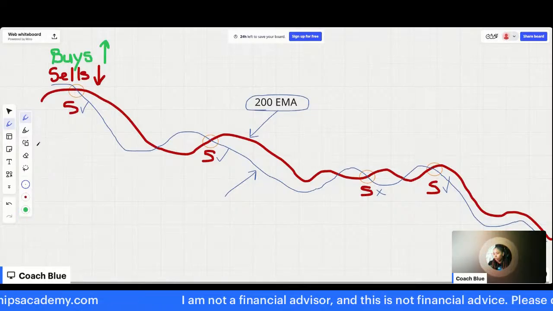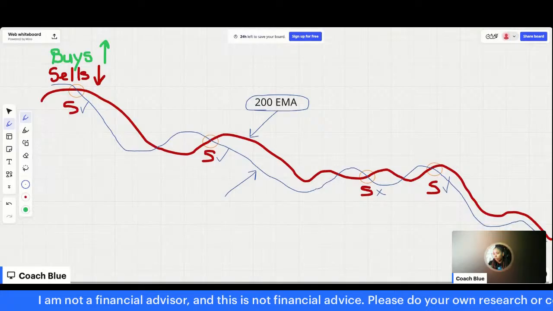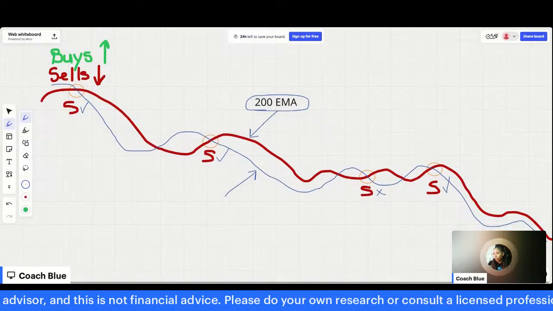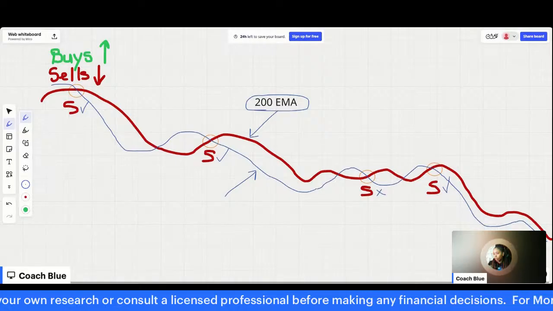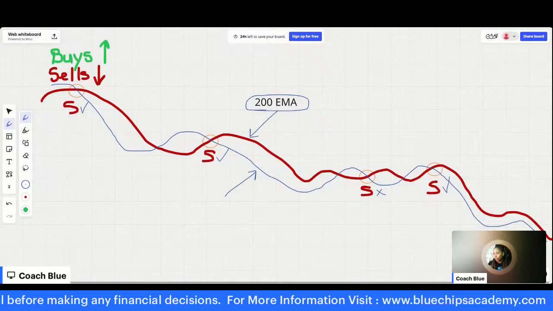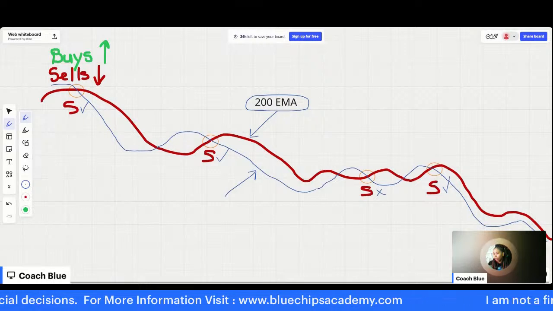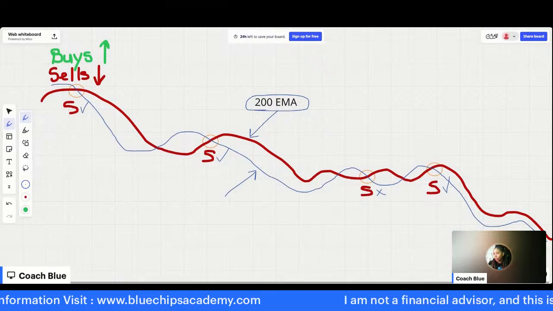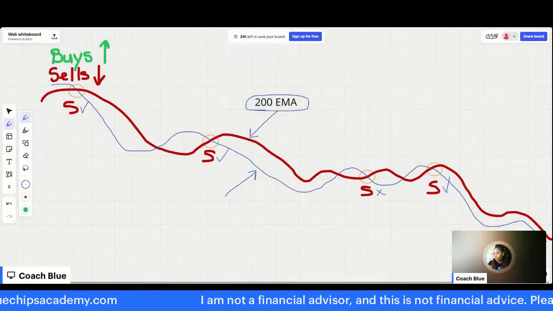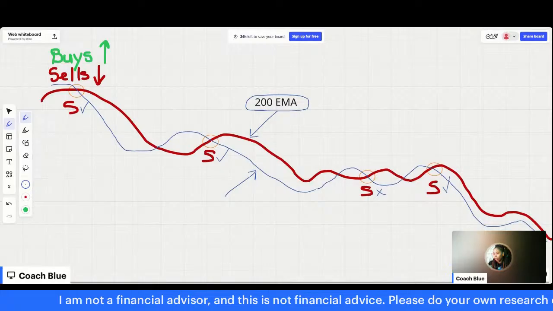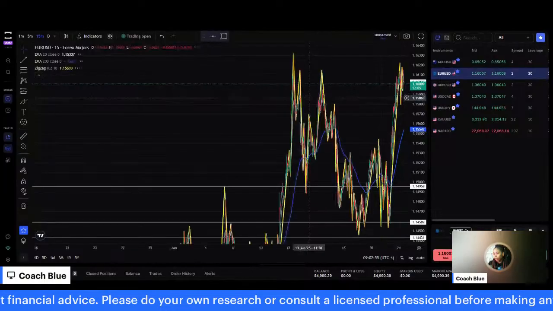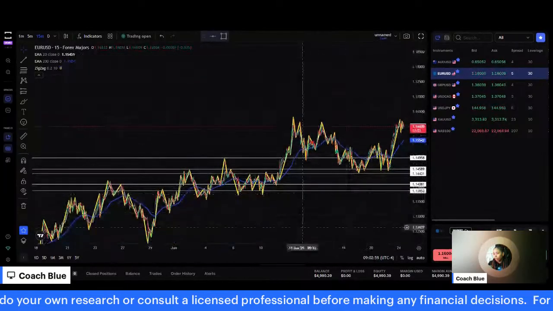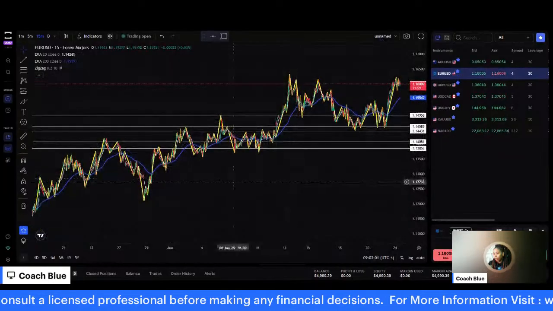Okay, so I'm going to leave this up and let me go to the chart, and I'm going to show you all. We'll just go to a random chart, and we're going to look at what I just talked about. Let me see if I can find us a decent chart here. We'll go with this one. Okay, so I'm going to go ahead and share my screen now.